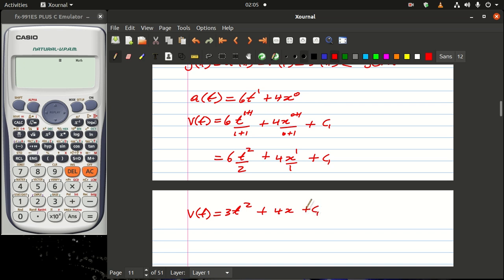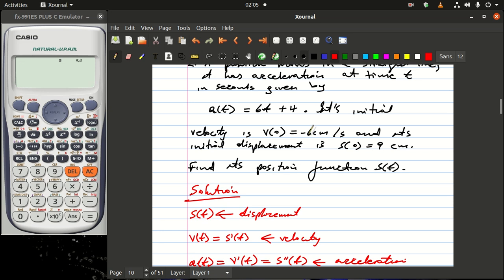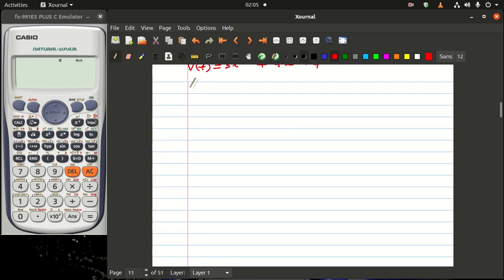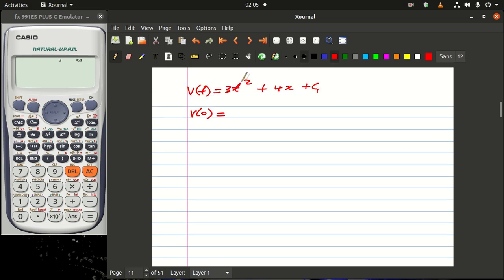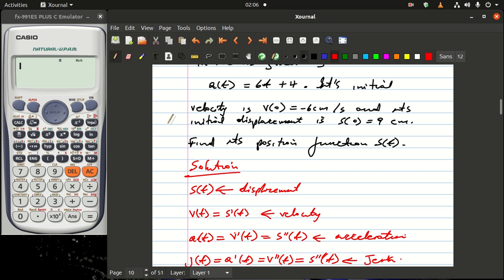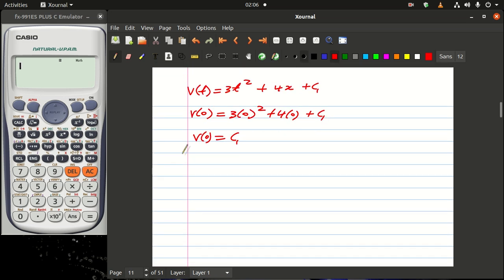Right? And another thing that is given in this statement, let's go back, v0 is given as minus 6 centimeters per second. So I know that if I'm plugging in 0 here, I'm supposed to get minus 6. So I plug in 0 here, I get 3 times 0 squared plus 4 times 0 plus c1. Of course, the terms go away, they are 0, so v of 0 is going to be c1. And we know that v0 was given in the statement as minus 6, so this one is supposed to be minus 6. Therefore, c1 is equal to minus 6, which means the velocity time function is equal to 3t squared plus 4x,